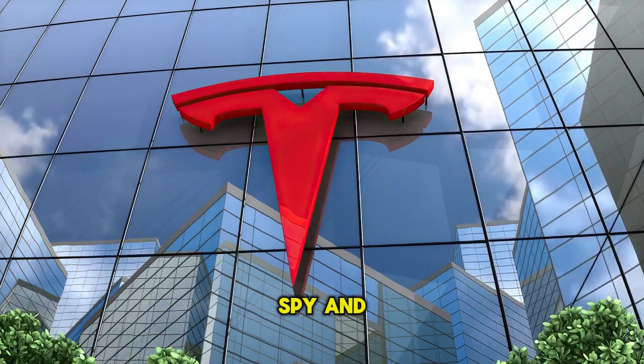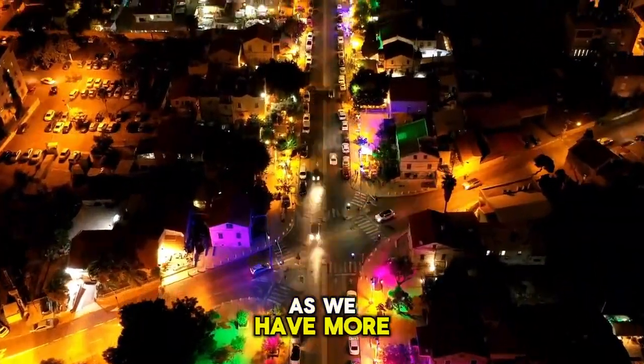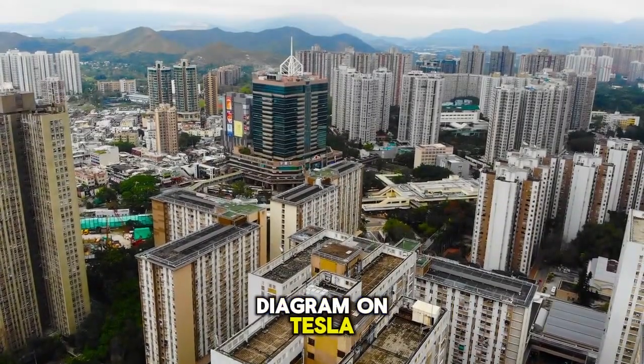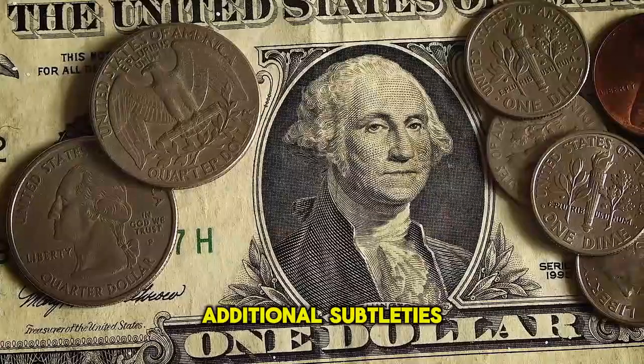What's the deal with Tesla, SPY and 2 or 3 different tickers. I will break down what's going on with the general market as we have more information emerging, and what you ought to look for on the chart on Tesla. In any case, before I dive into additional details, let me just note that